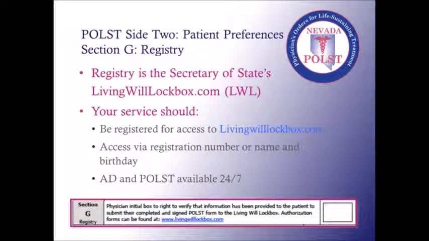And these forms can be accessed by the patient's name and their birthday, or their registration number, which they received in their card when they registered at this site. So if a patient indicates that they think they have registered with the Secretary of State at livingwilllockbox.com, then check their wallet for this registration number.